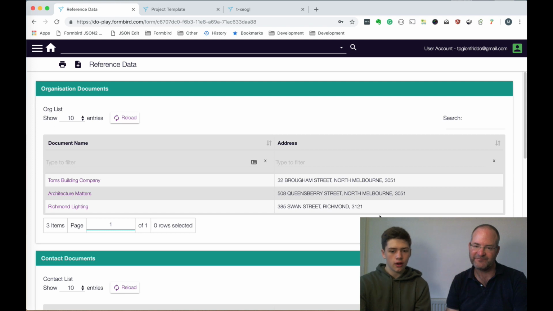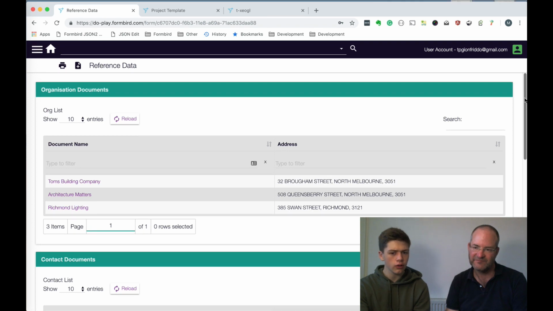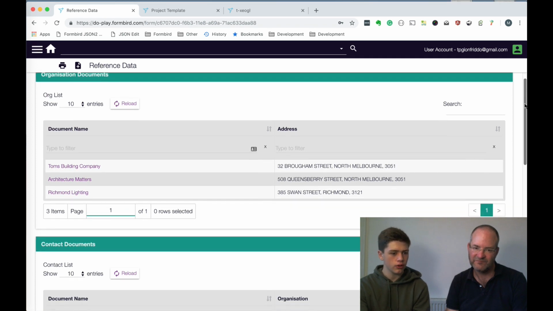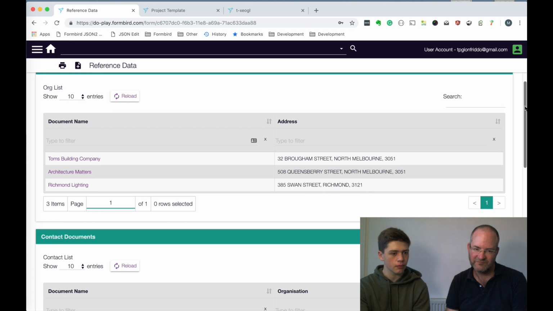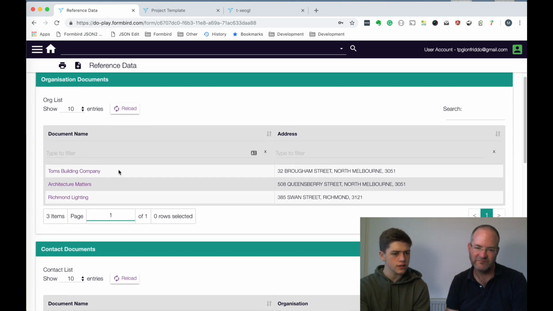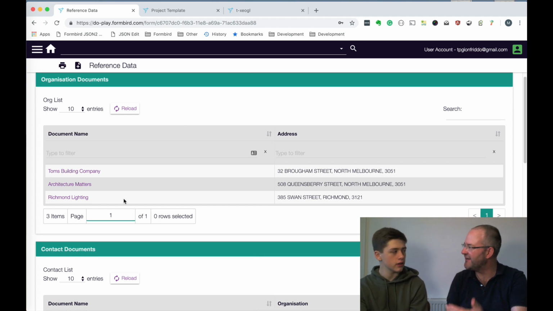Sure. So this first document is just a list of all of the different files that are stored on the database. So we've got the organizations, so businesses and contractors and builders and such. So anyone that your dad would deal with? Yes.